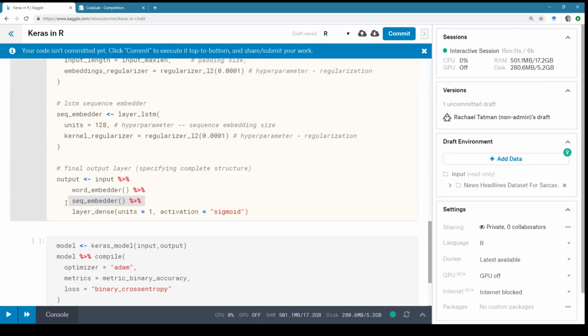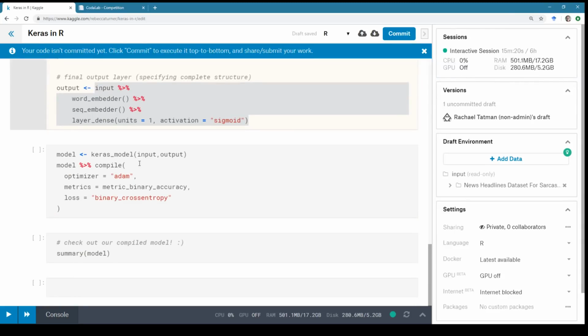No, because it's a sequence embedder that's LSTM. So this is the final model specification. I'm not entirely sure of all the ins and outs of the Keras syntax.